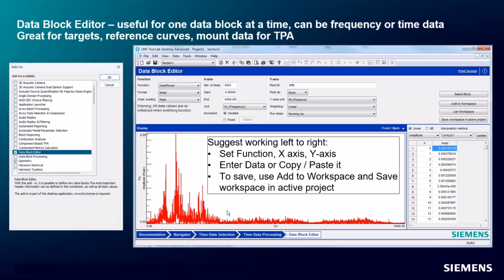I'm going to show the data block editor. In this data block editor, it's an add-in, there's no license, and it gives you this worksheet here. And I suggest working left to right. The idea is you want to set the function class, and then we set the x-axis and then the y-axis, and then you can start typing in the values or copy and pasting the x and y values from